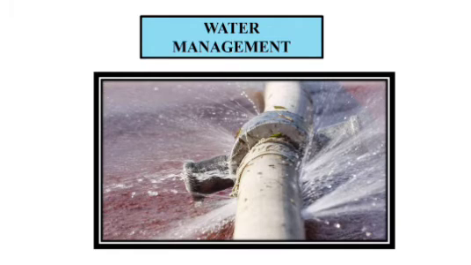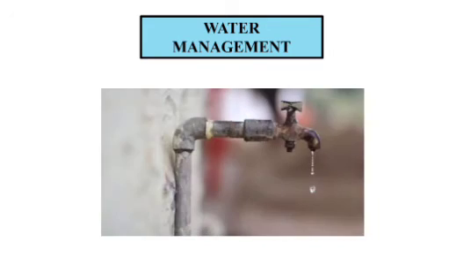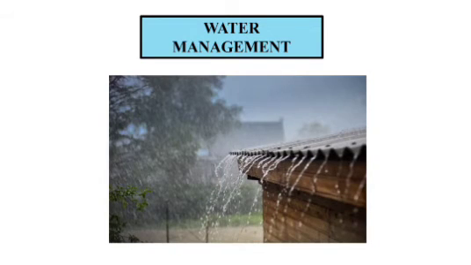Mismanagement of water may take place at the level of individuals also. All of us knowingly or unknowingly waste water while brushing teeth, shaving, bathing, and during many other activities. Leaking of taps is another source of huge waste of water. We waste water as if we don't need it for the next time. We have seen most of the water that we get in the rain just flows away. This is a waste of precious natural resource.